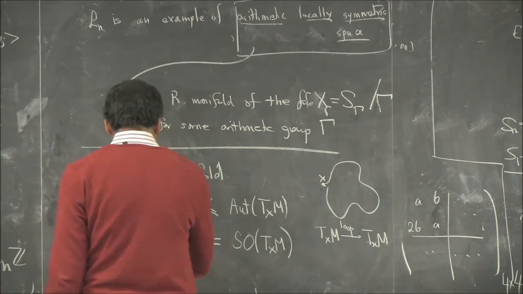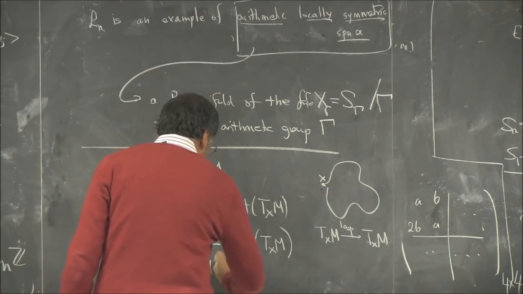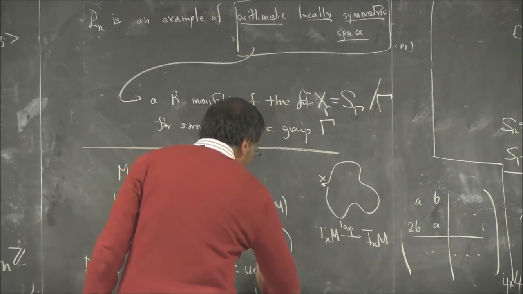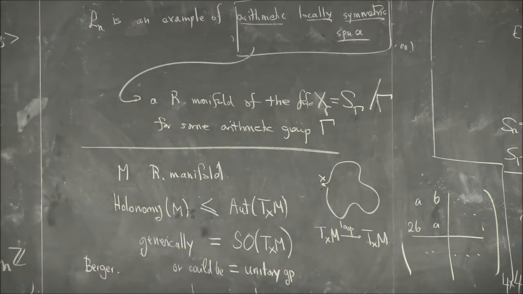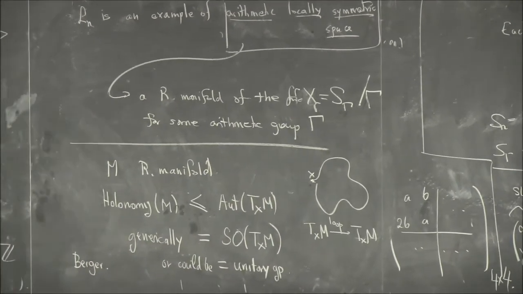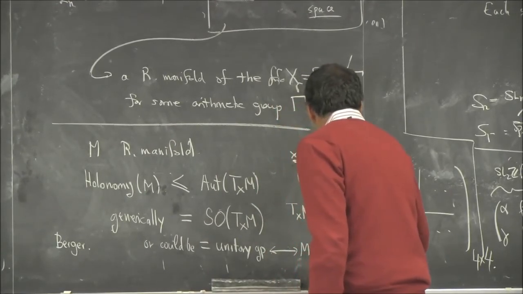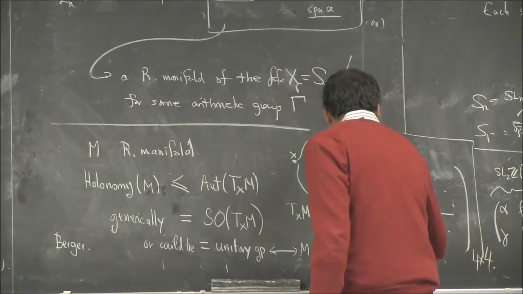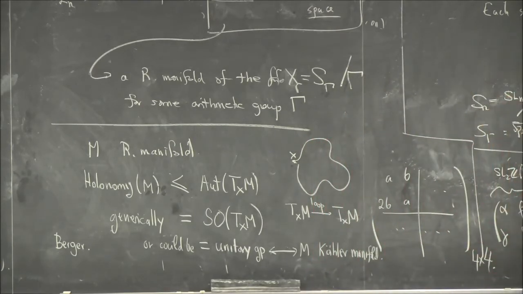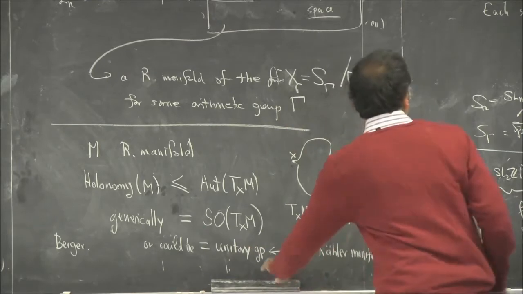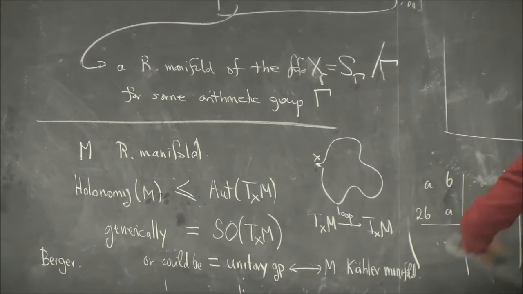For example, the first case is that the holonomy could be, instead of this, a unitary group, in the same number of variables. And in this case, this corresponds to M being a Kähler manifold. I'll remind you what a Kähler manifold is in just a second. So there's a short list of possibilities, and one of the lines in that list is that M